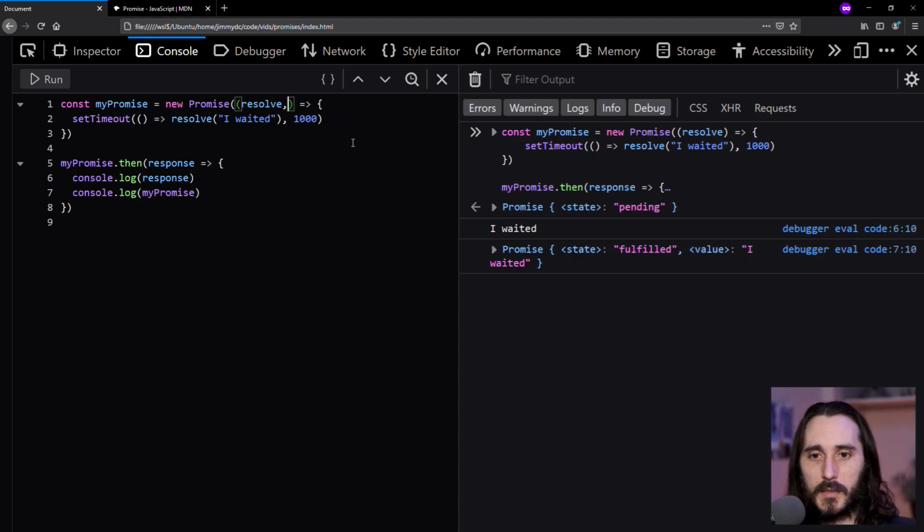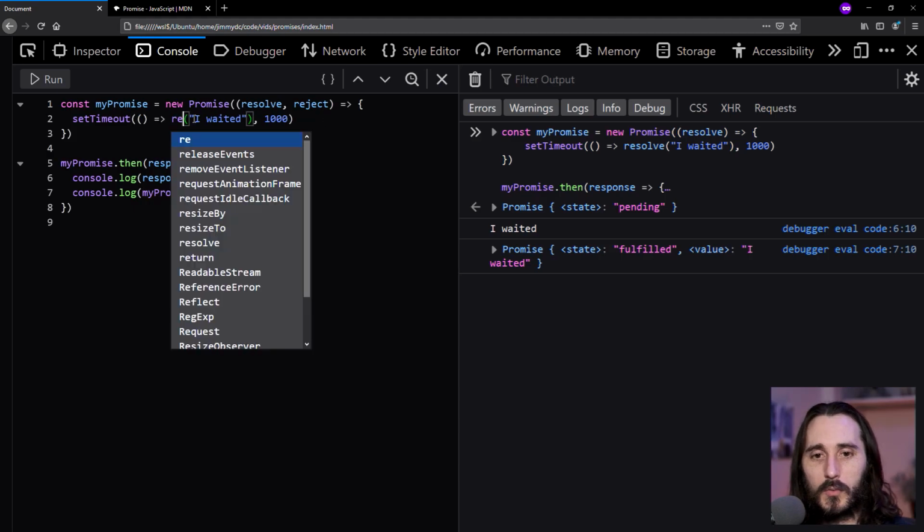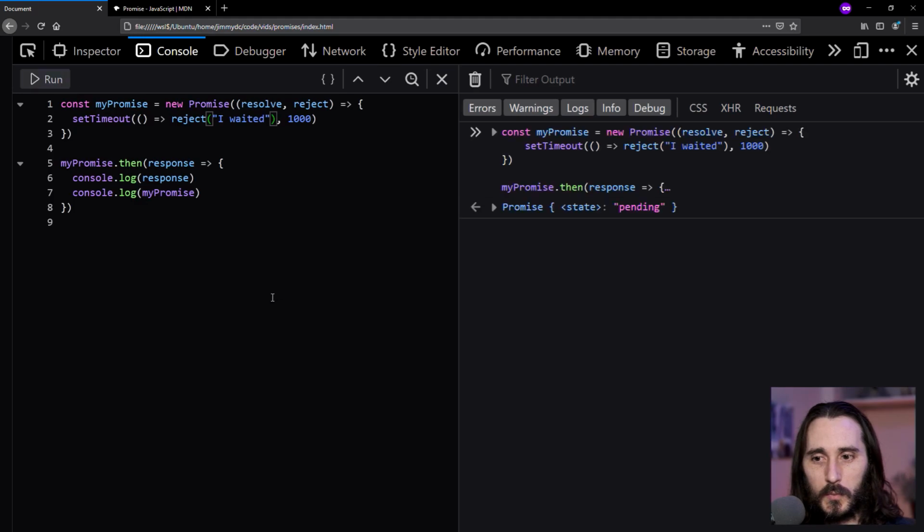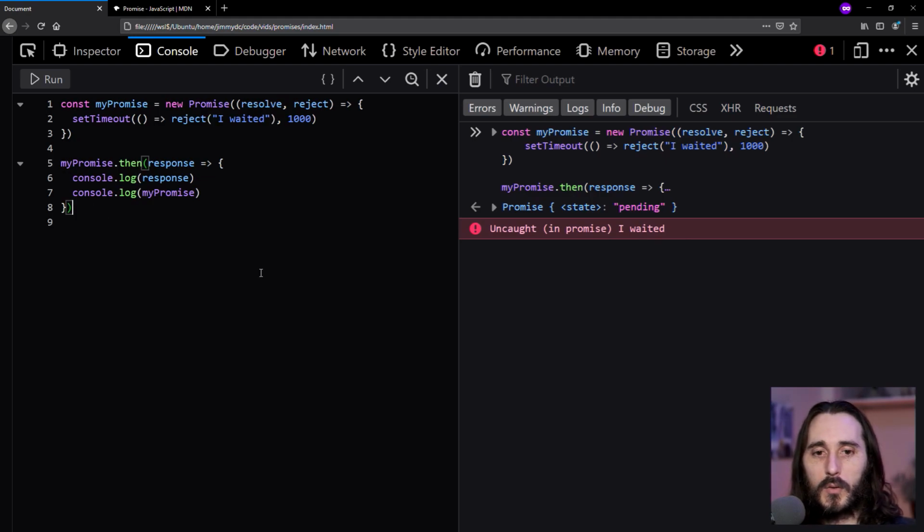A promise also gives us a reject method here. The callback takes it. And from here, we could, after a set timeout, just call reject. So reload. I'm going to run this, and let's see what happens. Notice that we got uncaught in promise. "I waited." We don't actually get this state right here. And that's because when you get a rejection, the then method actually isn't going to return it in the first